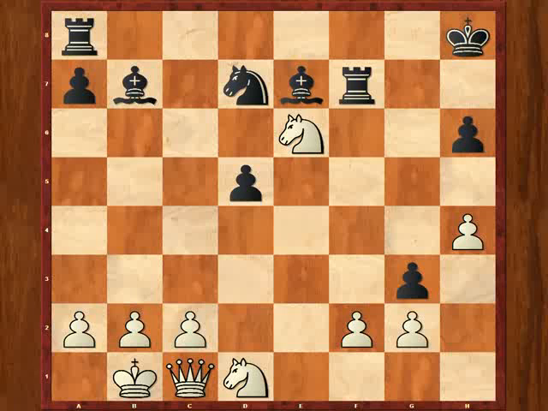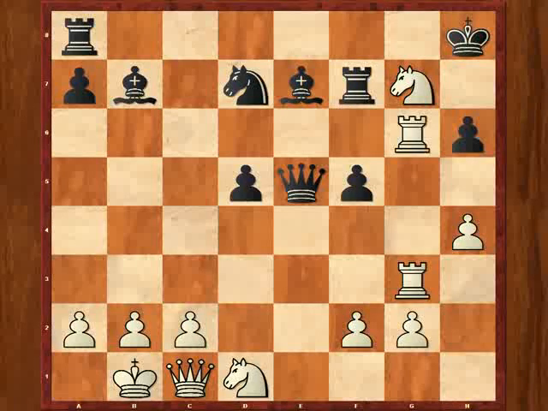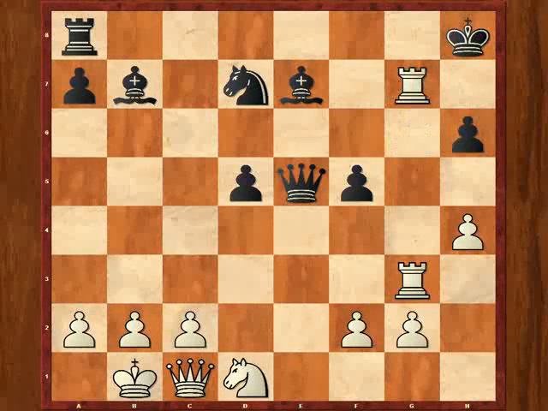So this would just be a very messy position, but probably black is a little bit better here, though I wouldn't want to bet much money on that. Actually, I wouldn't bet any money on that, but that's beside the point. Okay, so in the game, Kaufman played rook takes g7, rook g7, and here he had his last chance,